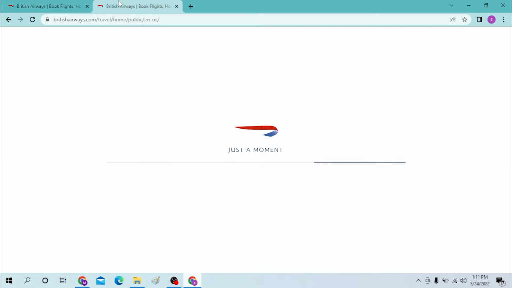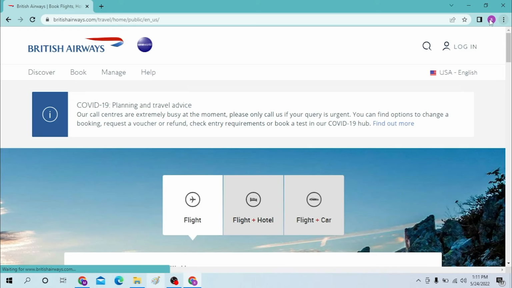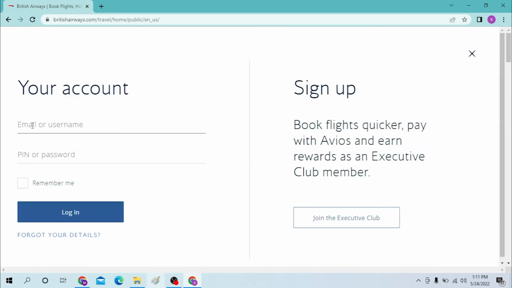So let's close one and let's agree to all the cookies. And after that, you can see on the top right corner of the screen the login option available over here. Click over there, and you can see the email section and pin or password section available over here. Enter your email or username over here and enter your pin or password over here, and then click on